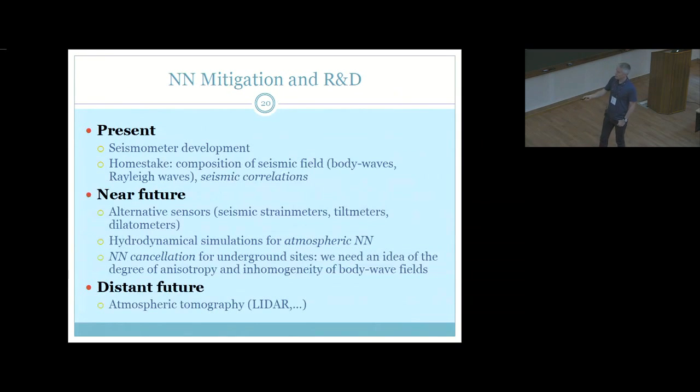And to give some ideas of what we are doing or want to do in the near future or distant future. So we have groups working on seismometer development. At the moment it's not so important, because the seismometers we need for the LIGO detectors to do Newtonian noise cancellation are very low cost. So there's no need yet, but this is already being done for something like Einstein Telescope, where you want to have a low cost seismometer that is sensitive even at low frequencies and in low noise environments.